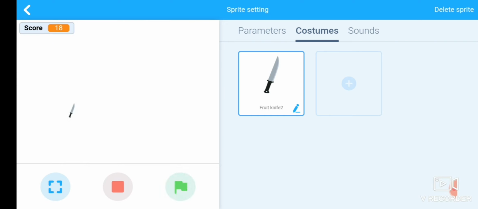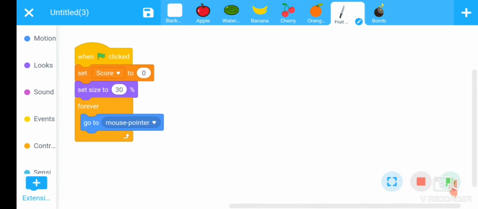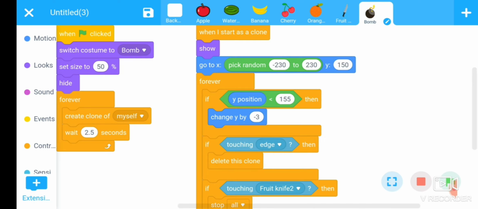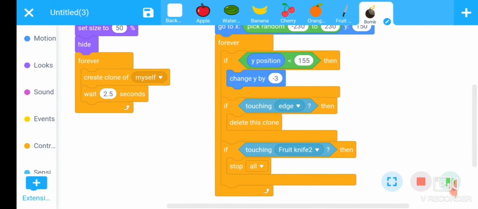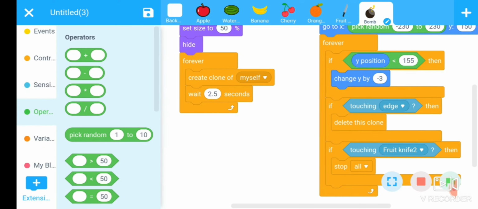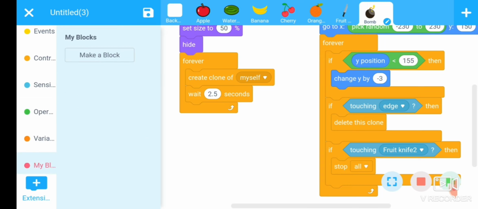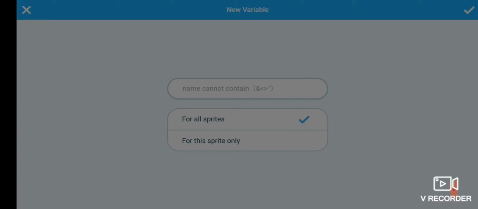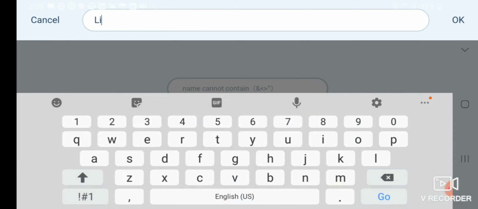Okay, now we will add another variable, that is life variable. We want here to give 3 lives for the player. For this, go to variable section, make another variable, that is life.